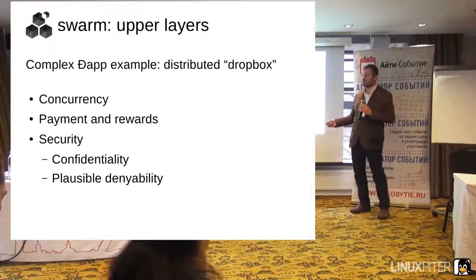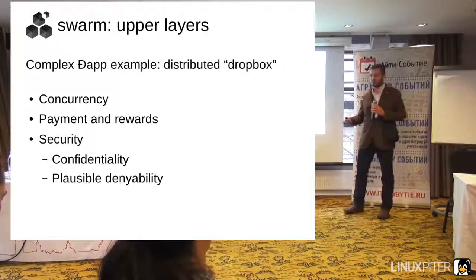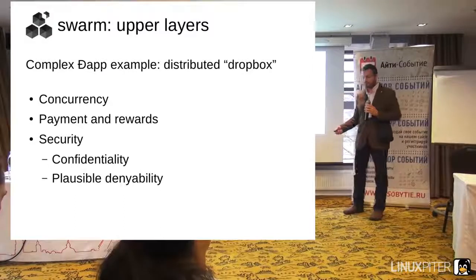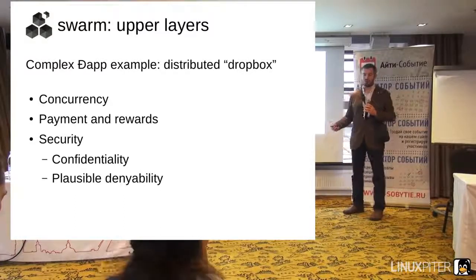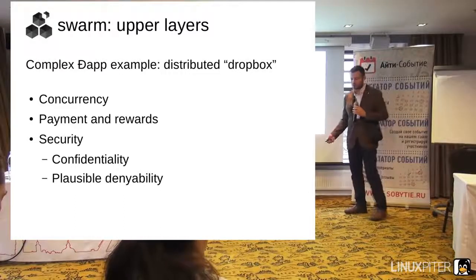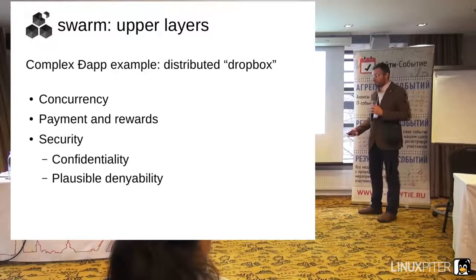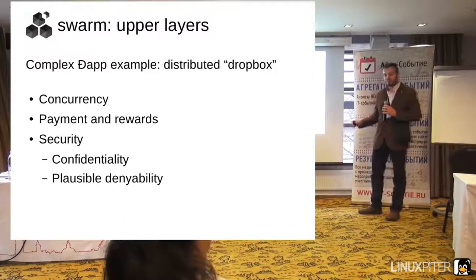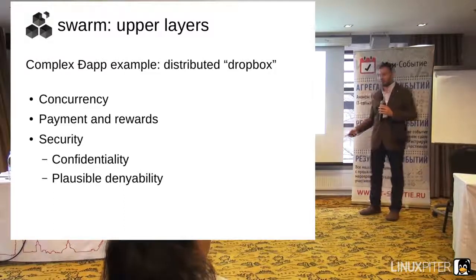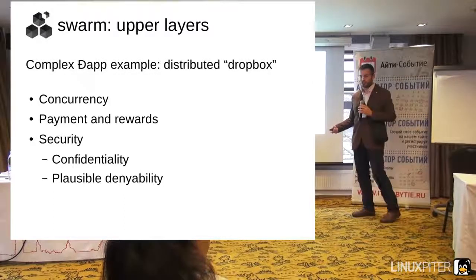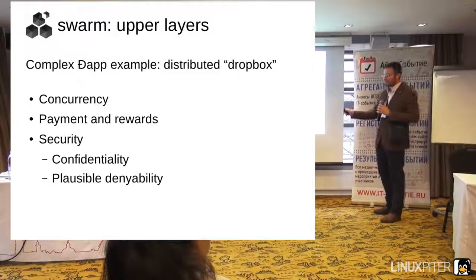So you should imagine that the blockchain is just the ultimate arbitrator of changes, and you turn to the blockchain only if there's some disagreement between what changes can be done. But otherwise, it's roughly similar to how Git works. So if you know how concurrent changes are handled by Git, it's kind of the same pattern here.